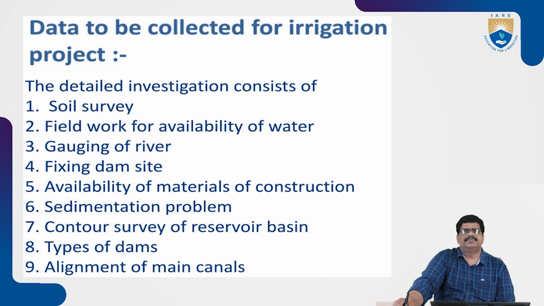And the second one is field work and availability of the water. For doing all this project, the availability of water for construction of a particular structure has to be seen. And also the gauging of the rivers, how the rivers can be diverted, and the fixing of the dam site. So the dam site has to be fixed on a particular area. And